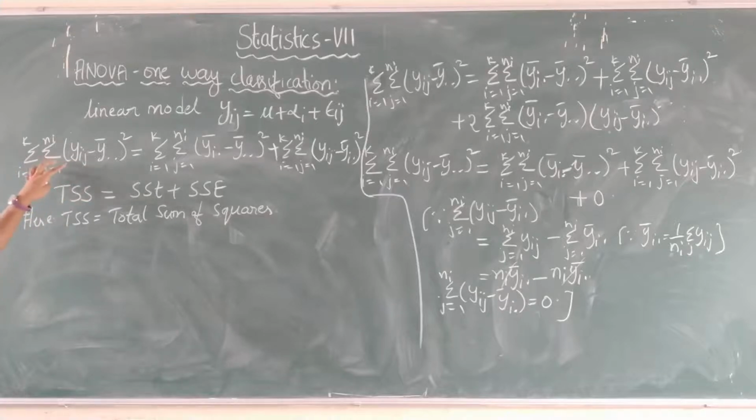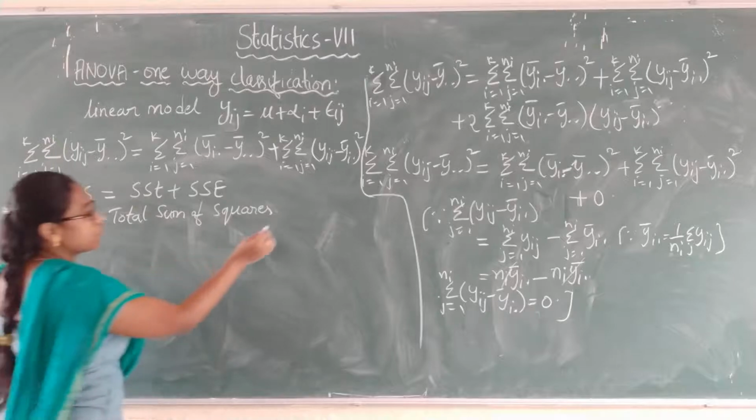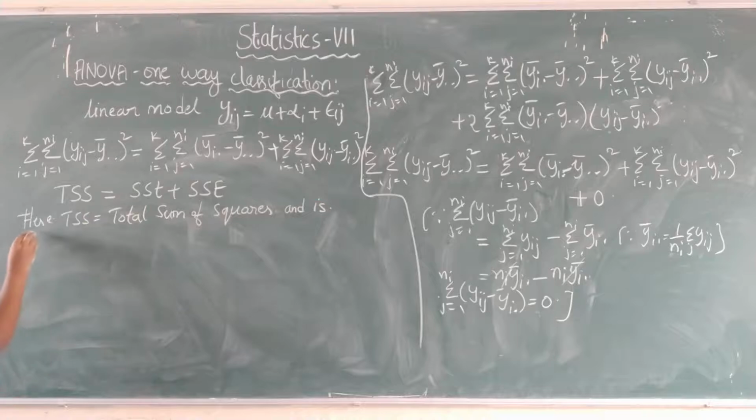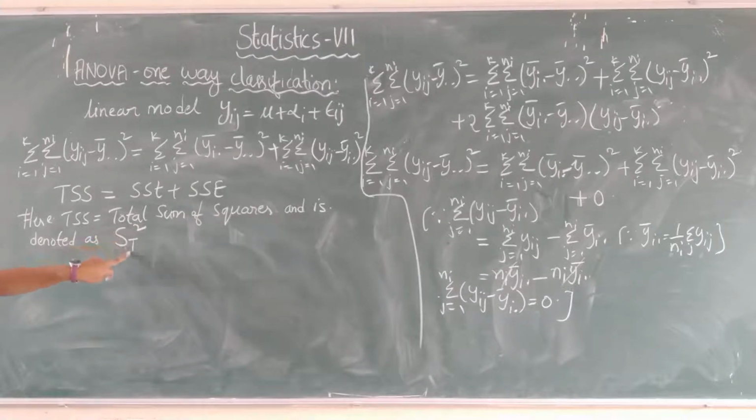So that's why this first term is called the total sum of squares and is denoted as ST square. So what does ST square indicate? The total sum of squares. S indicates the sum of squares, capital T indicates the total. So that's why we write ST square equals